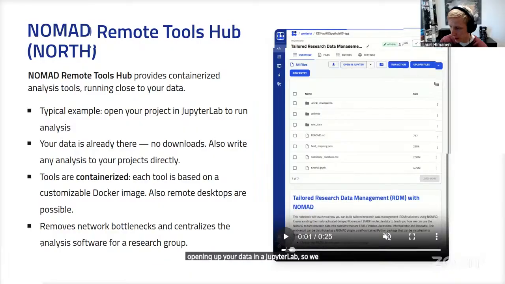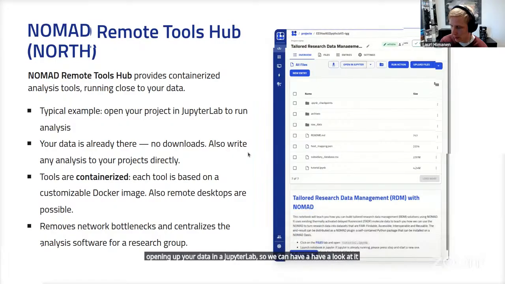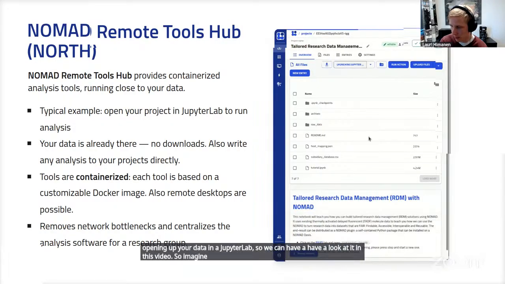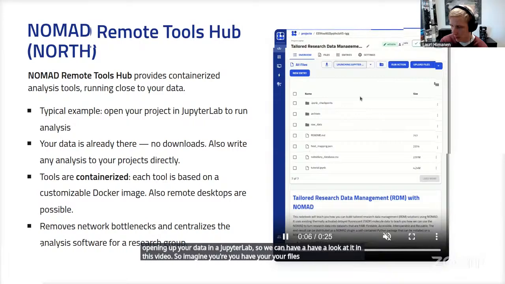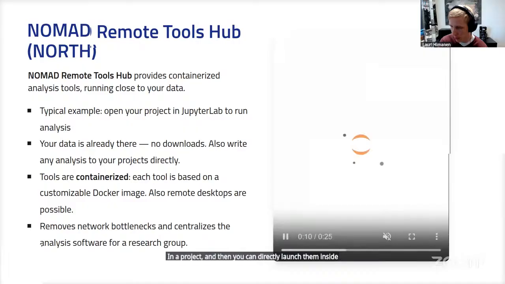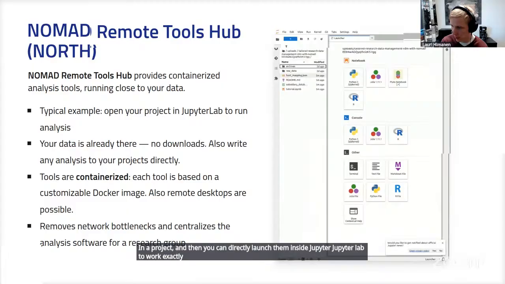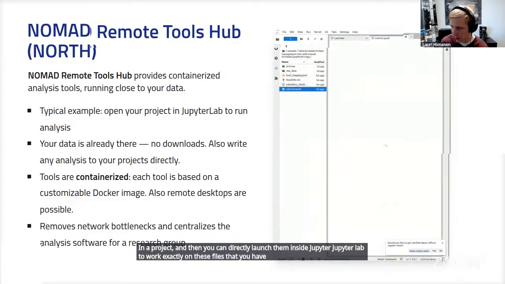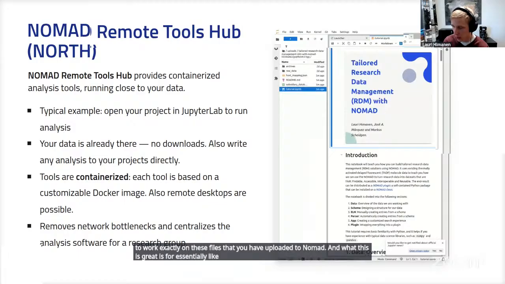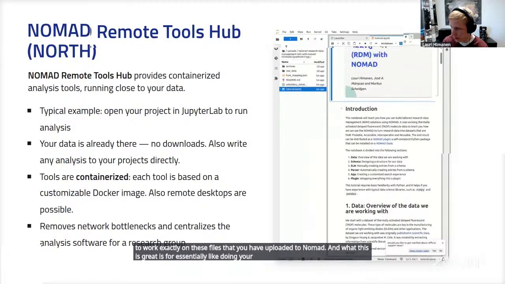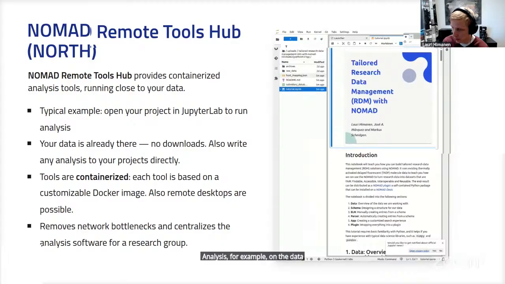So we can have a look at it in this video. So imagine you have your files in a project, and then you can directly launch them inside a Jupyter lab to work exactly on these files that you have uploaded to NOMAD. And this is great for essentially doing your analysis, for example, on the data directly on the server.